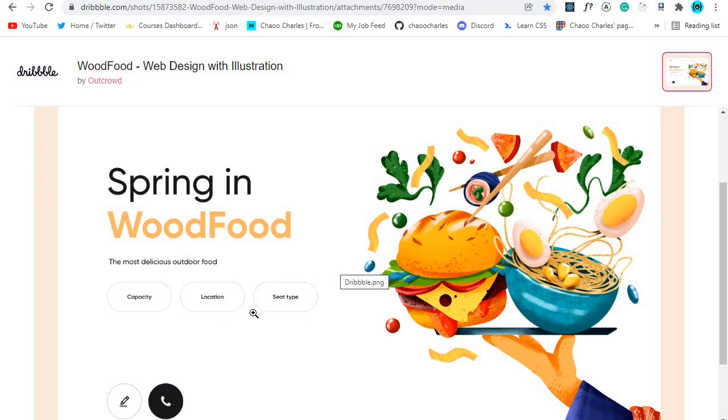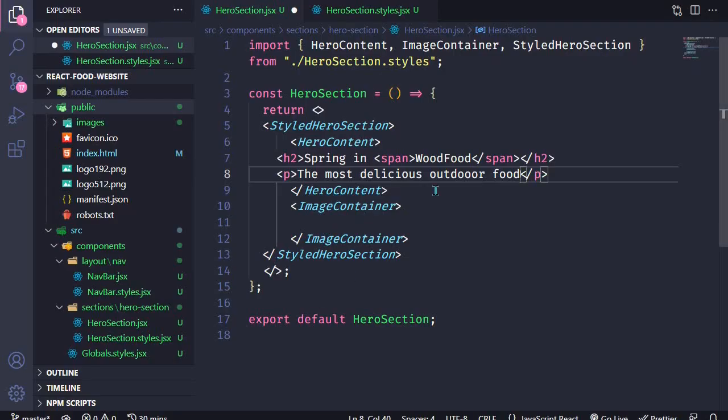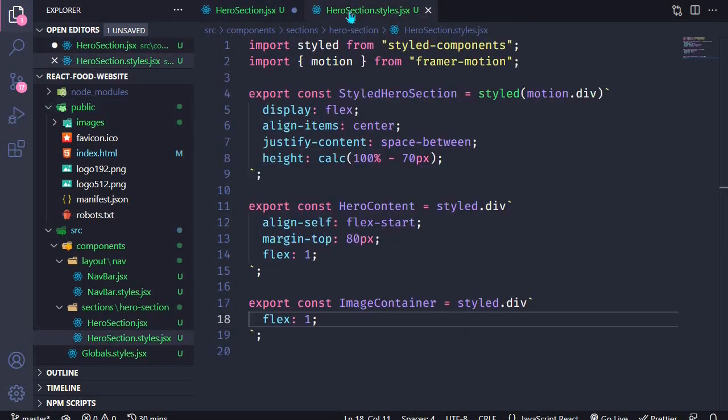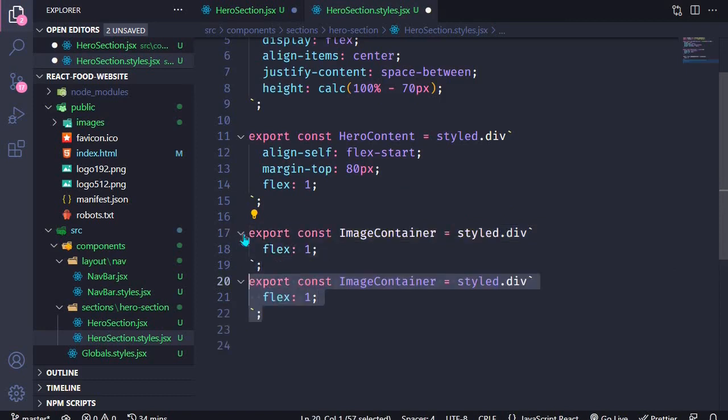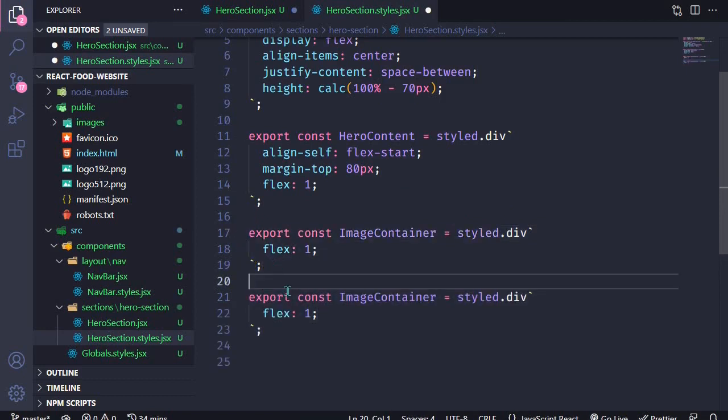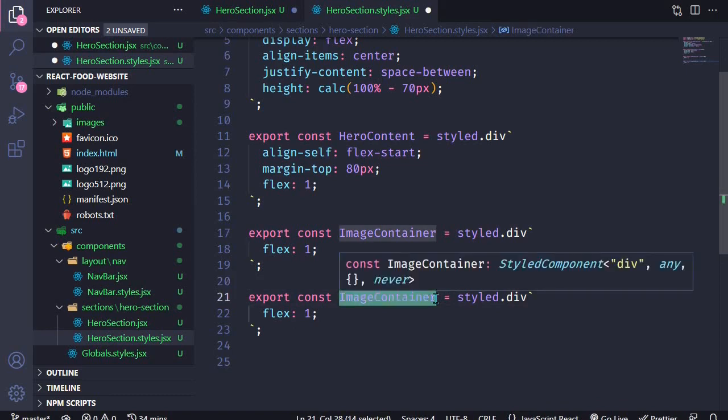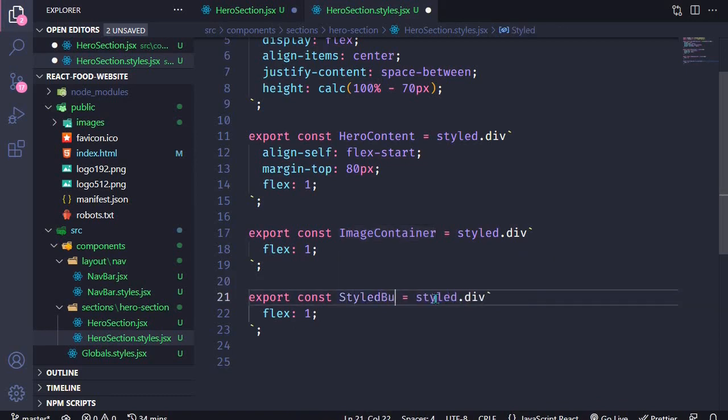And then let's have some buttons. So for the buttons we will create a styled component for it. So right here let me duplicate this one. I think it's easier, and all I'll do, I'll change the name to styled buttons. So I'll say styled buttons. So this will be like a container for our buttons. So it will be div, and all I want to do is to flex the buttons so that they are side by side. So I'll add a display of flex,